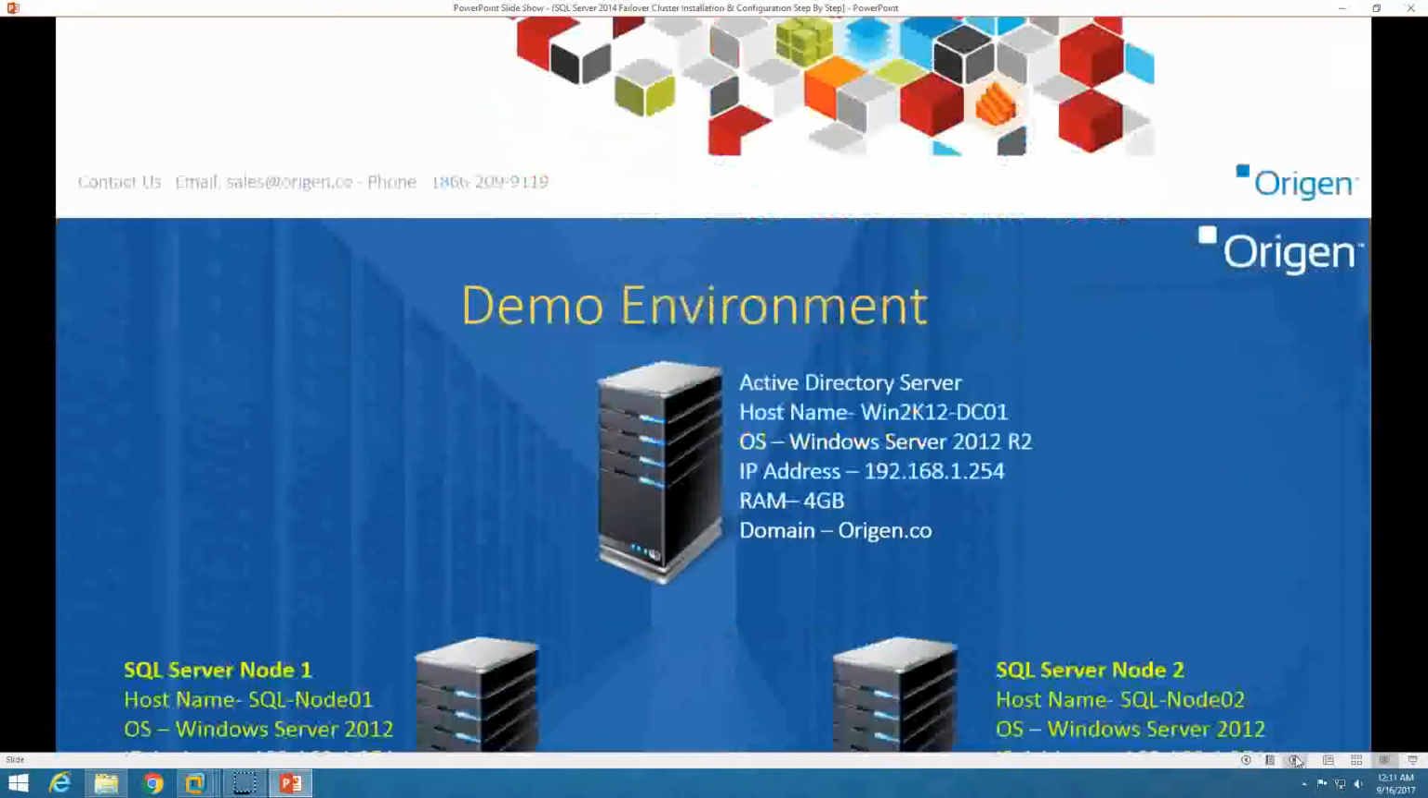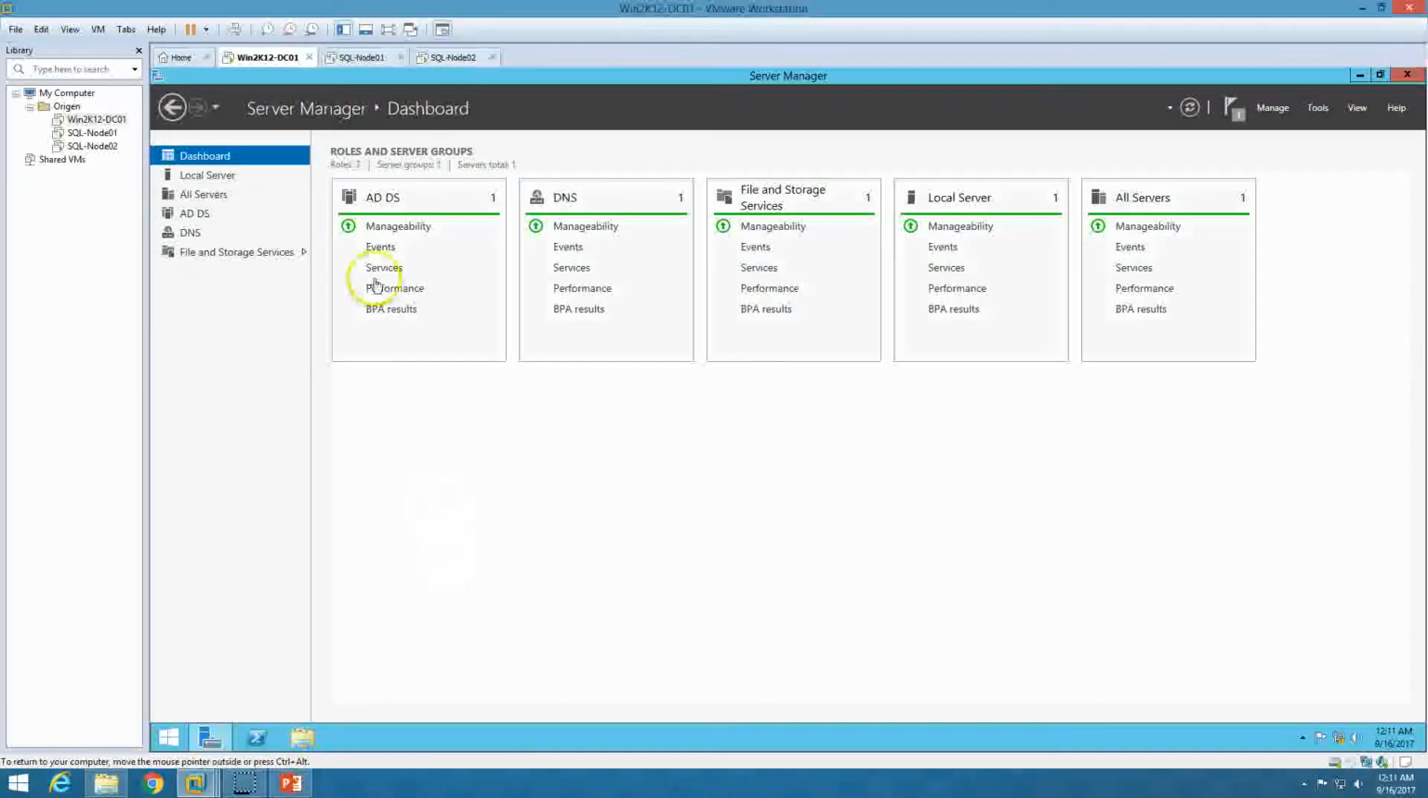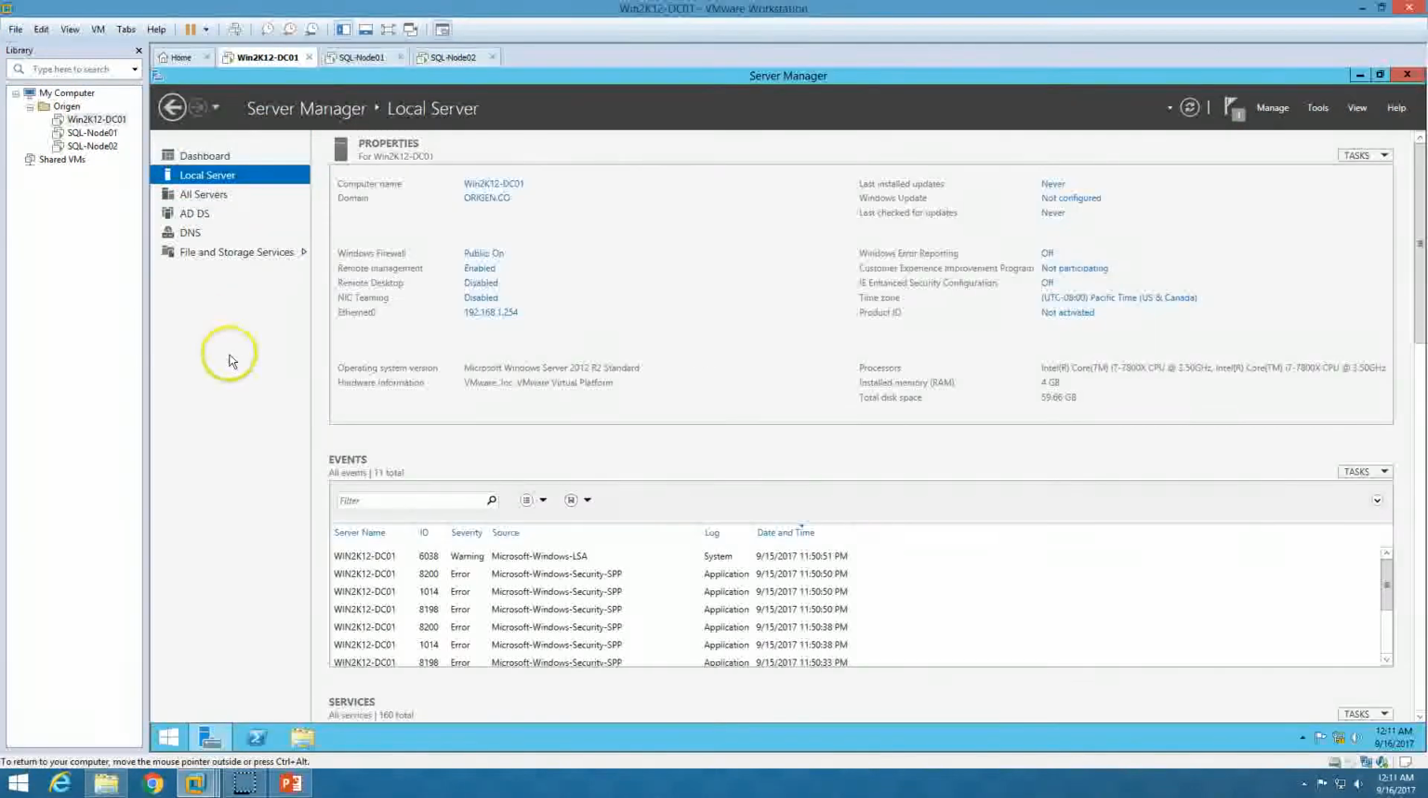So, let's move to the next slide. In this slide you can see my demo environment. I am using 3 virtual machines to give you the demo of SQL Server 2014 failover cluster installation and configuration step by step. My first machine is Win2K12 DC01, which is my Active Directory server. Here you can see I have installed the Active Directory and DNS roles on this machine. If I go to Local Server, you can see my computer name Win2K12 DC01, and also my domain name, which is origin.co,